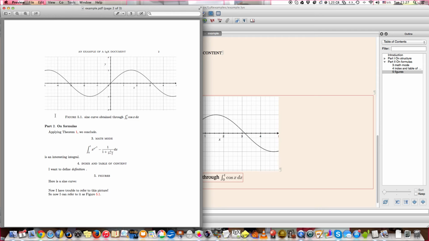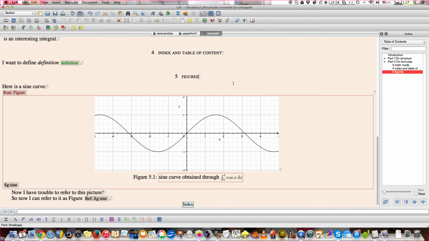now the picture appears this way, and you see that here it's at the top of the page rather than in the place where it's supposed to be. This is because it's in float mode, where it's going to put it in the best place in terms of occupying space, in terms of the layout. So it floats. It's okay because it's a numbered figure that you can refer to, but you might want it in a specific place. So,